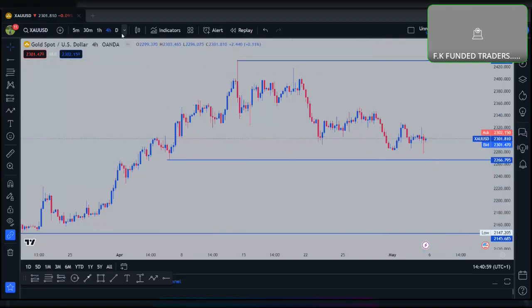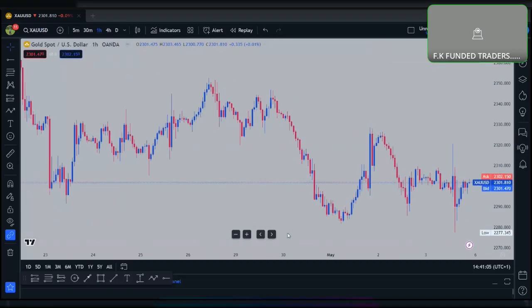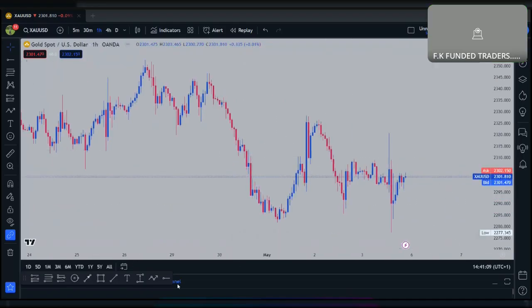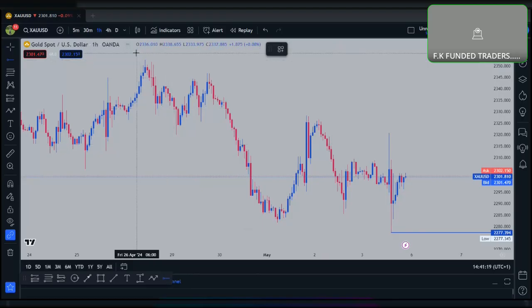So from there, we shall go to the 1 hour time frame. We see what we have on our time frame. When you come to a given time frame, refresh the screen always so that you'll be able to identify the highest and the lowest of the given time frame. So this is the lowest that we have. We mark it on the 1 hour time frame, XAU, and then this is the highest that we have.